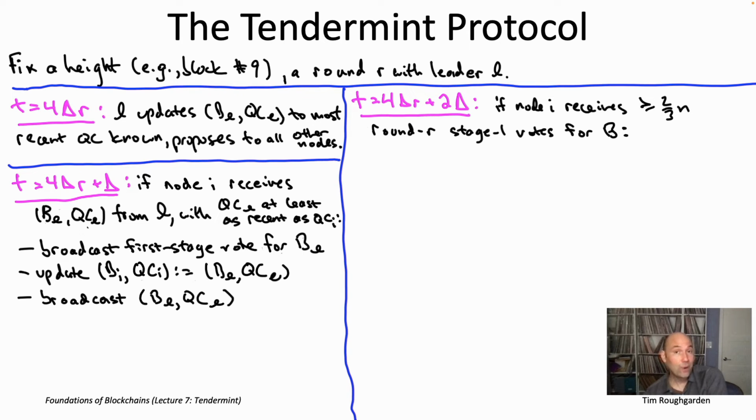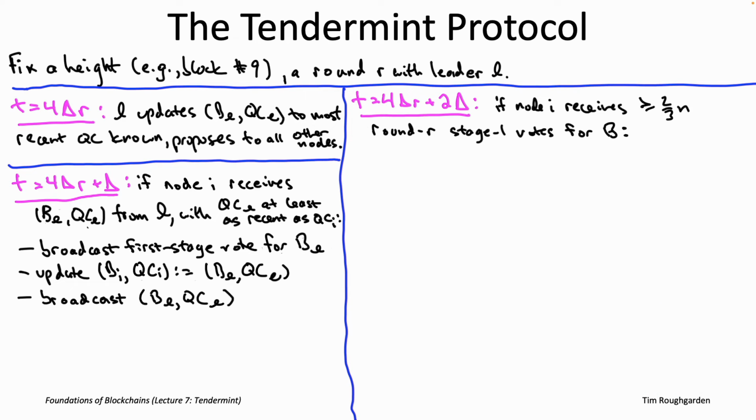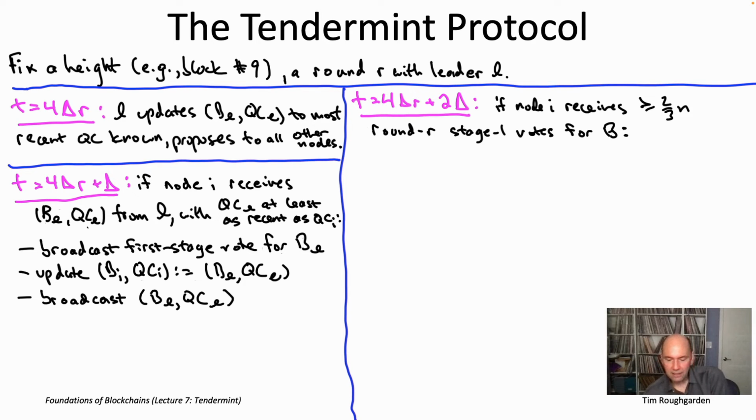If in fact a node witnesses that supermajority for a block from the previous stage of voting, then it proceeds similarly to the second phase by casting a second stage vote for whatever block was the winner of the previous phase's referendum. So one minor detail, it's totally fine if one of these 2/3 n votes from stage 1 actually comes from this node I itself, so it's allowed to count its own first stage vote.